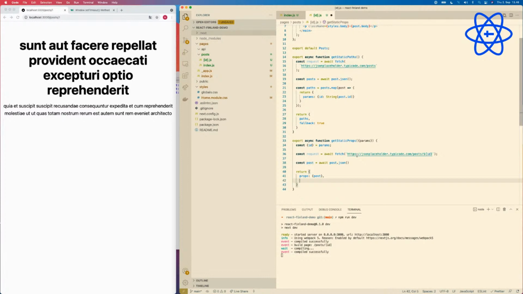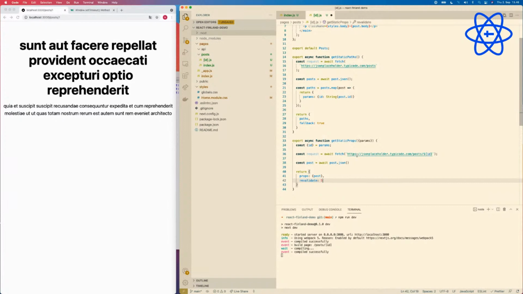And then we can, for example, at this point, one of the things that we are expecting here is that if the post has changed, we don't want the users to see the same post over and over again, even if it's edited. So what we want to do here is give an opportunity to revalidate.